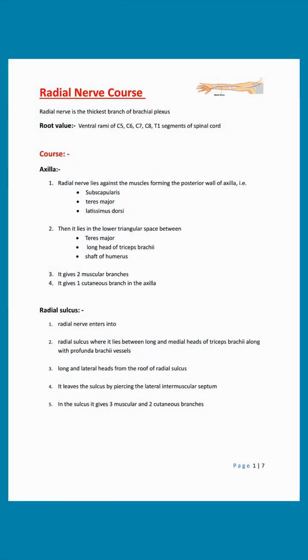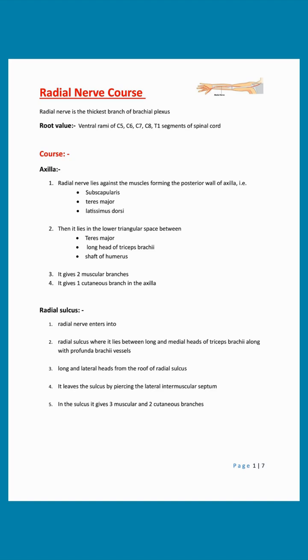Radial nerve is the thickest branch of brachial plexus. Root value: ventral rami of C5, C6, C7, C8, T1 segments of spinal cord. Course. Axilla. 1. Radial nerve lies against the muscles forming the posterior wall of axilla, i.e., subscapularis,